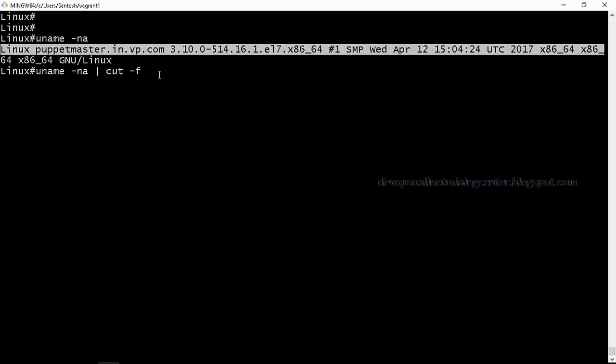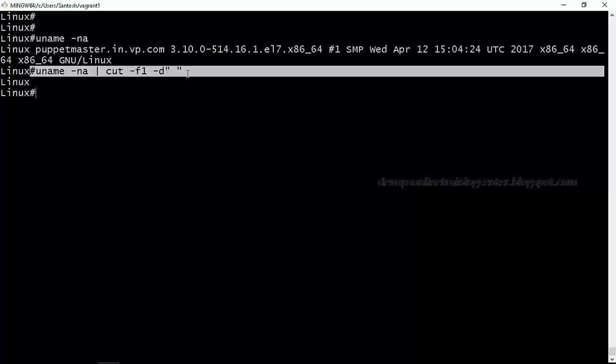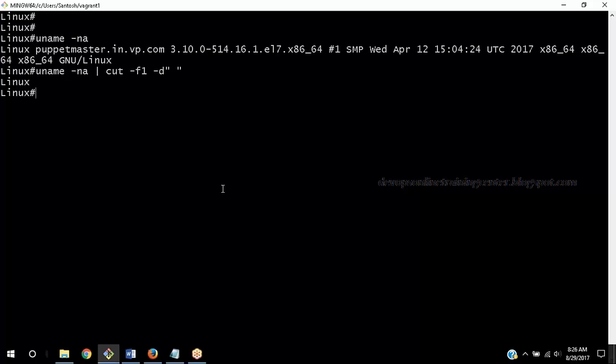Space. Now if I do -f1, field 1, with delimiter space, what I get is Linux. Is this clear? So we have a string that we want to cut into different pieces, and based on the delimiter we can get whether it's a Linux machine or a Unix machine, right?